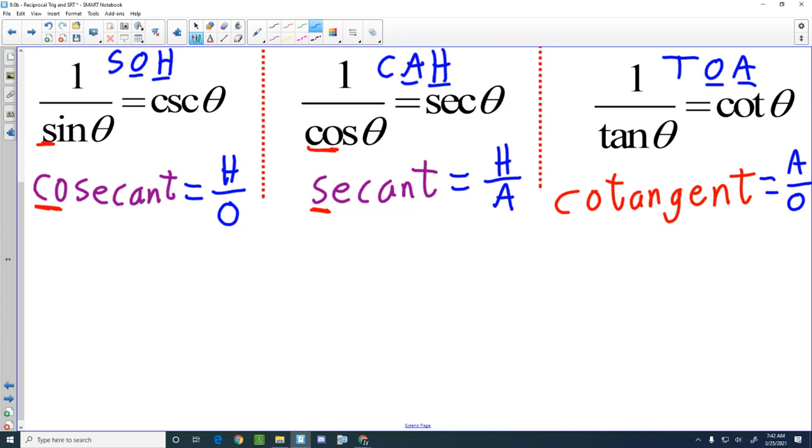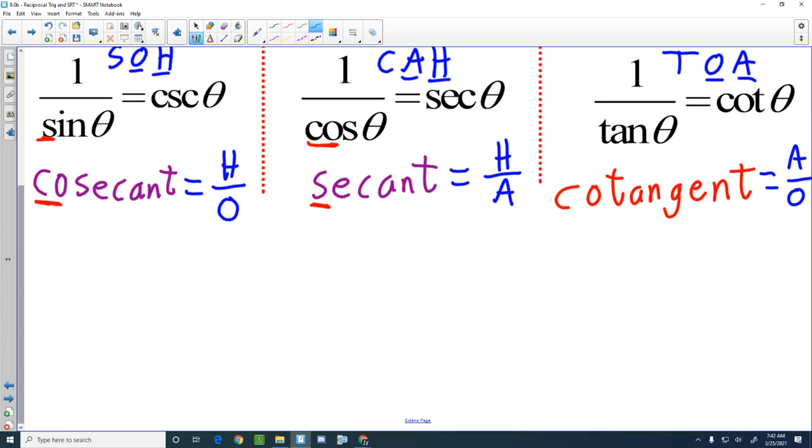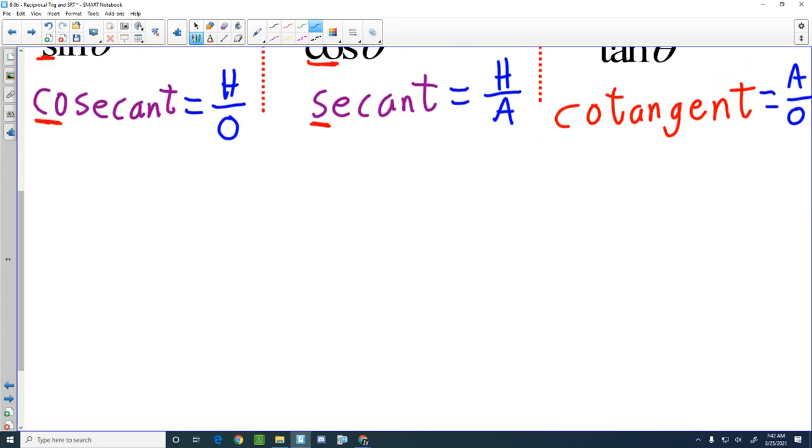Now, how do you keep this straight? Well, I always start with SOHCAHTOA and then take the reciprocals, but it is kind of nice having that SOHCAHTOA mnemonic device. Unfortunately, there is no official way to remember these with a clever phrase, and no textbook or other math teacher will ever tell you that. But of course, me being the rebellious math teacher that I am, I think it's fun to make a silly little rhyming name, but don't tell any other math teachers that I said this because they will laugh at you and then laugh at me. All right. But if we did make a little phrase to remember each of these ratios,